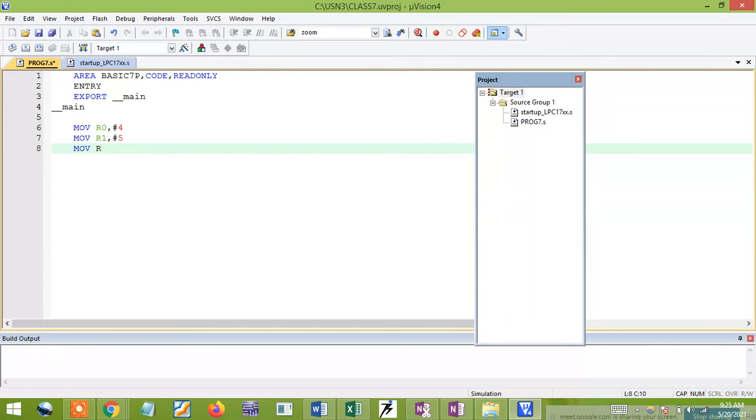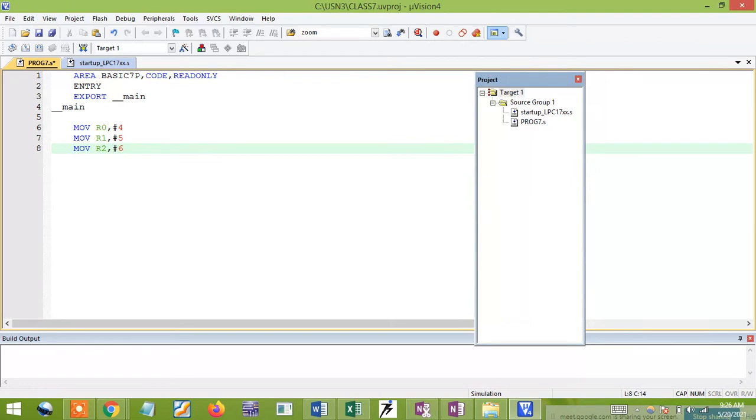Then MOV R2, the value 6. So remember, R0 I'm loading 4, R1 is 5, R2 is 6.